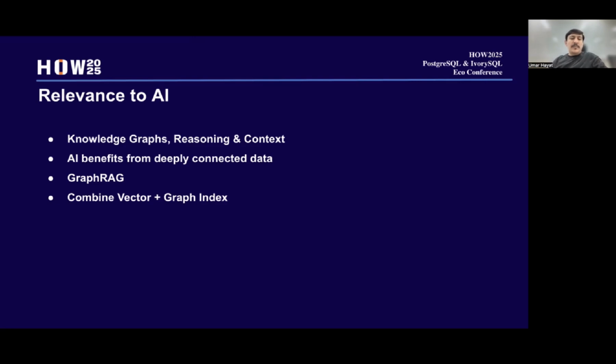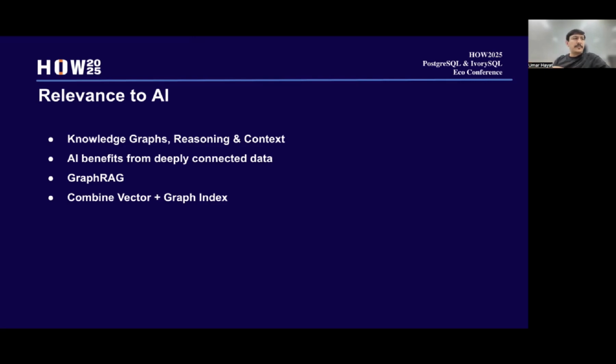But now you can improve the graph AI result. You can create knowledge graphs. You can do the reasoning. It can provide context to the response which AI is generating. Because of the connected nature of this data representation, there are so many usages of AI. Especially, almost every graph database is providing SDKs to create graph RAG, and if you want to retrieve augmented data from a vector database, you can do a similar thing with the graph as well.